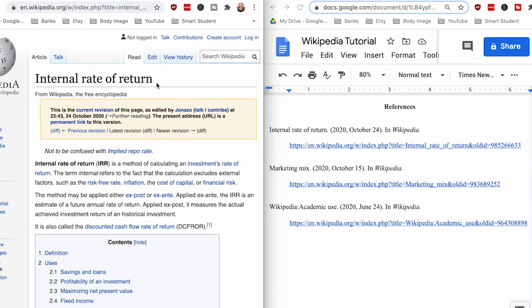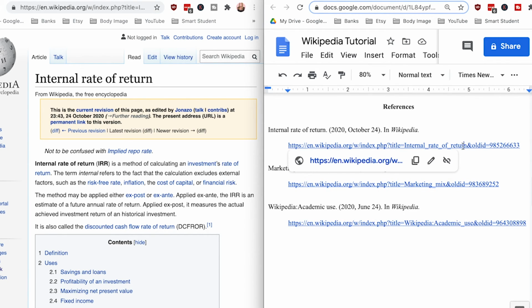So starting with the title of the article, I would go ahead and type that first in sentence case, meaning that the first letter of the first word is capitalized. I'm going to type out the full date here, starting with the year, followed by the month and the day, enclosed in parentheses, ending with a period. For the source element, I'm going to type out Wikipedia. Please note how Wikipedia is italicized. And lastly, to complete this reference list entry, I'm going to copy and paste this URL from the toolbar.